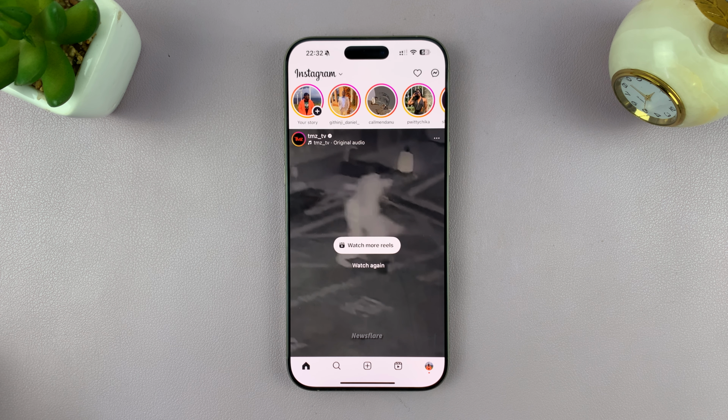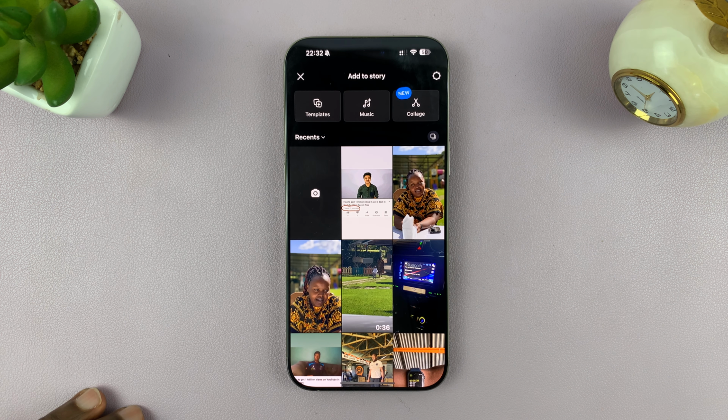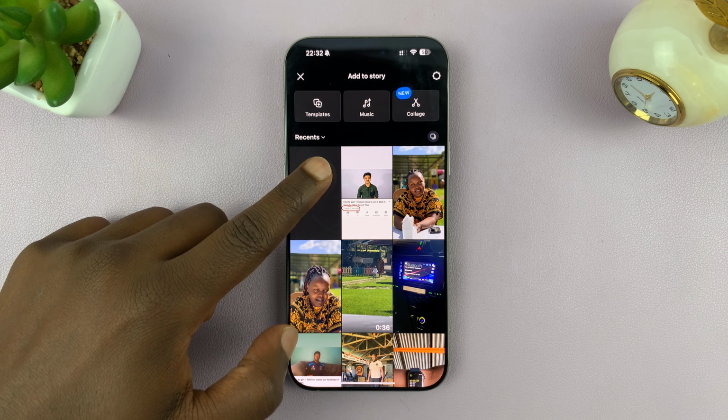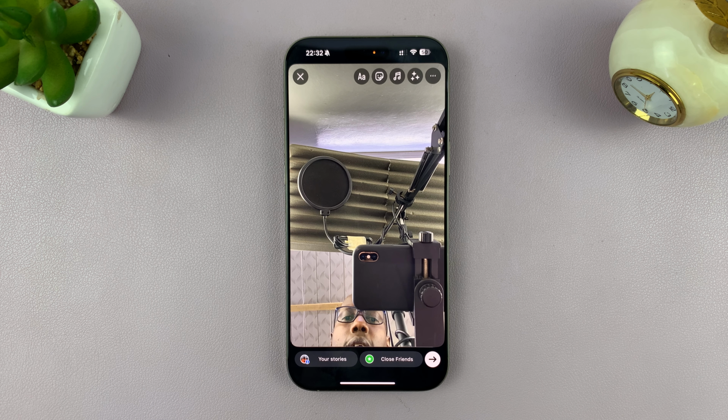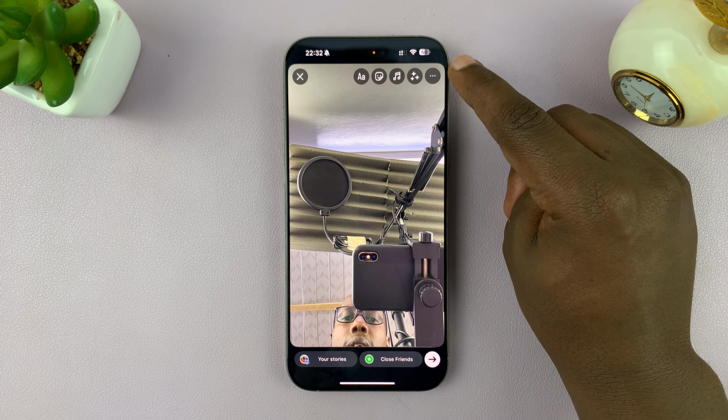So today I'll be showing you how to put a black background on your Instagram story. So what you need to do is go to Instagram stories to create a new story, and then you want to launch the camera app and then take a random photo with your camera,